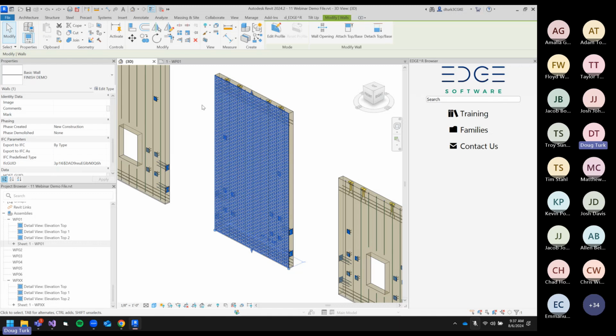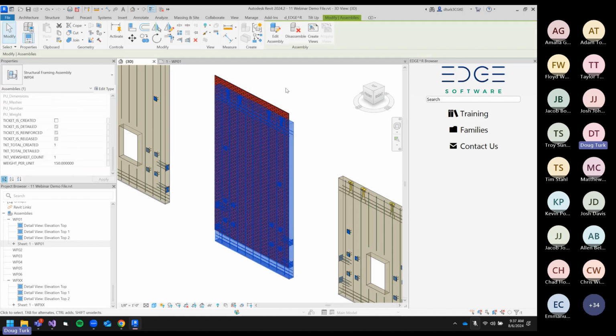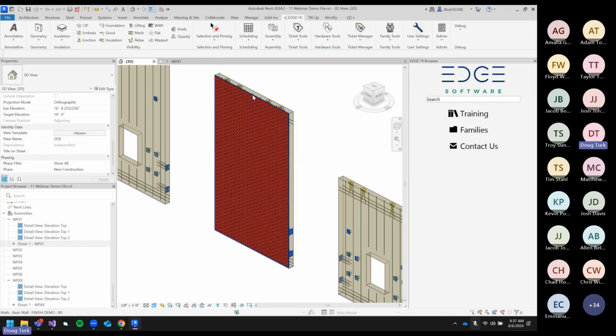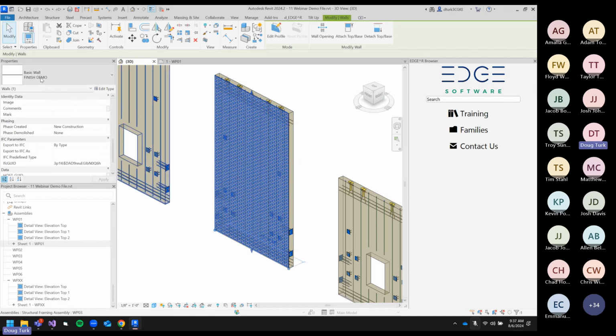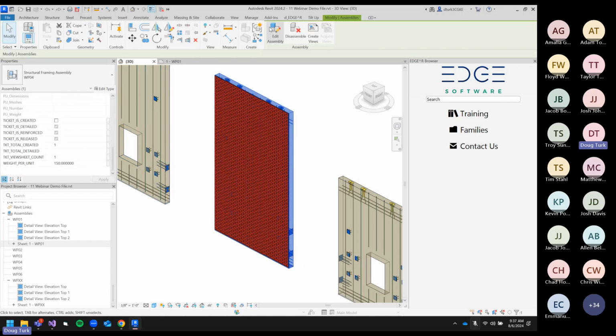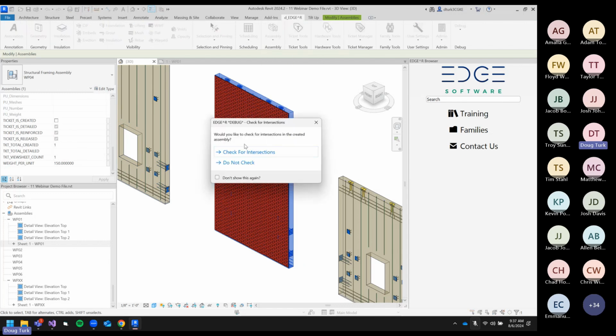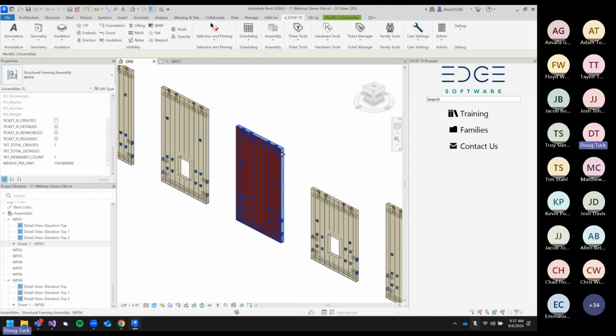So in the hotfix that just went out, we made an update to how this functionality works. And this is something that you're going to need to be aware of to update any existing models because it's going to affect what gets added to the assembly. In this particular example, we have a wall panel assembly right here, and we have a Revit wall that intersects it. This Revit wall has a type name of finish demo. This type name could be anything that you wanted, including brick veneer. But regardless, if I ran the assembly creation tool right now, we are not going to see that get added